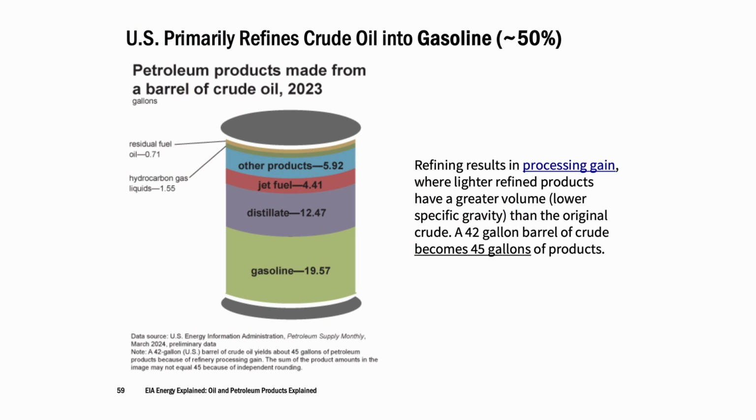So we're making gasoline. We actually get more product out than crude oil we put in. It's kind of this fun math: we put in 42 gallons of crude oil and we get 45 gallons of products. That's because it's lighter, so it takes up more space, so its volume is bigger. And you also add hydrogen in spots. When you're breaking those hydrocarbons apart, a lot of times you're adding hydrogen to those shorter chains.